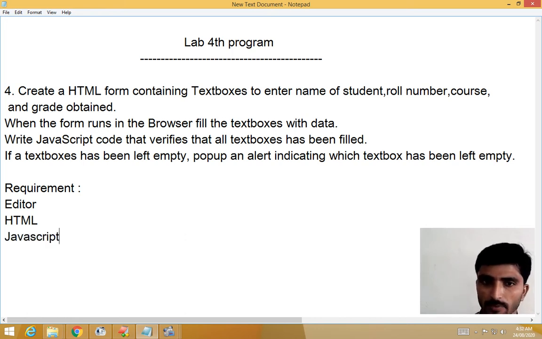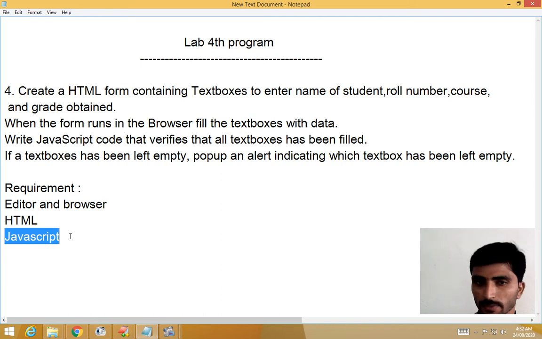Using these two languages we can create this HTML document according to the requirement. You also need an editor and a browser. The editor is where you write the code, the browser is where you run the HTML document. HTML is the front-end design, and JavaScript provides the functionality.